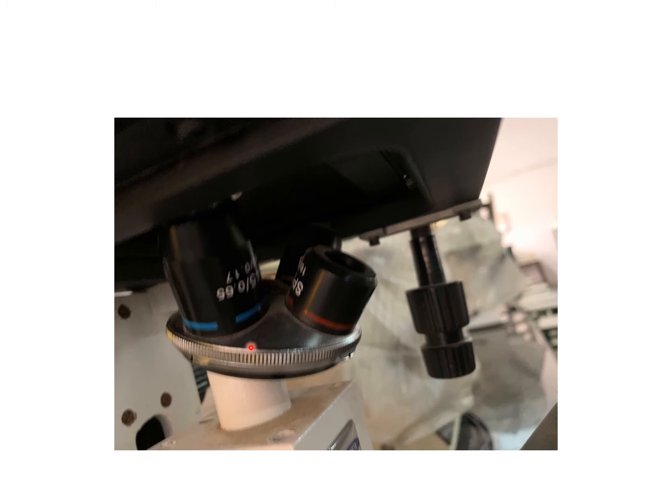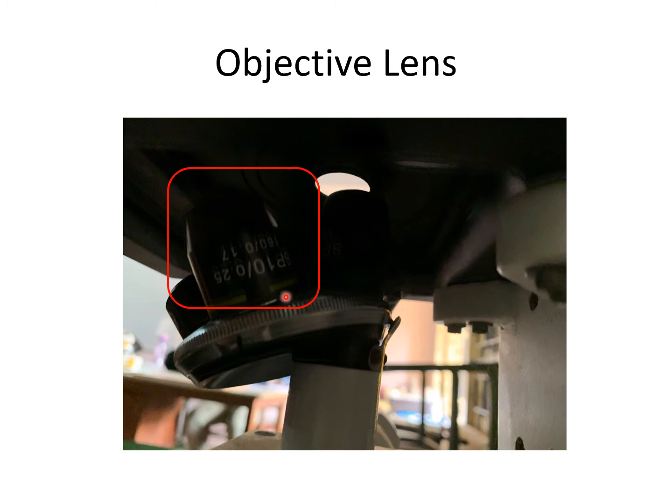And this is the objective lens, and it is a 45x lens. So we can see this objective lens with a blue color band. This one is 20x, I think. So this is the objective lens with a red color band, and this is a 10x with a yellow color band. This 0.25 is the numerical aperture of that particular lens, which tells how much angle it is creating. Our 10x objective lens is mentioned here, and the numerical aperture is also mentioned here.